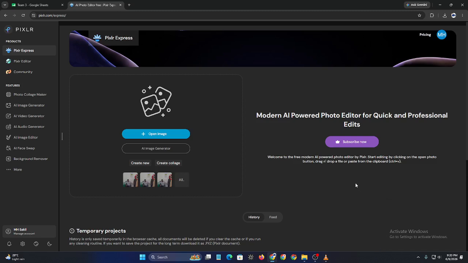you want. And that's how to use Pixlr AI Generative Fill in 2026. It's a powerful way to transform images, add new elements, and create content that would normally take much longer to